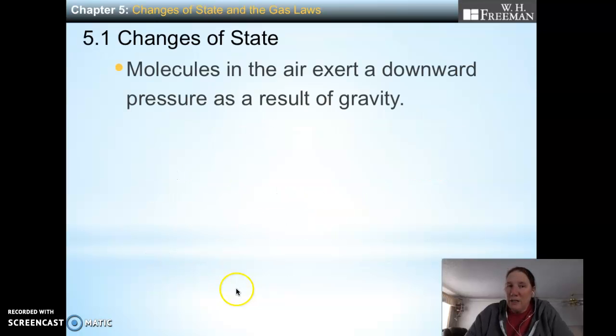Whenever you're talking about molecules in the air, they actually exert downward force, pressure, because of gravity. Gravity pulls them down just like a